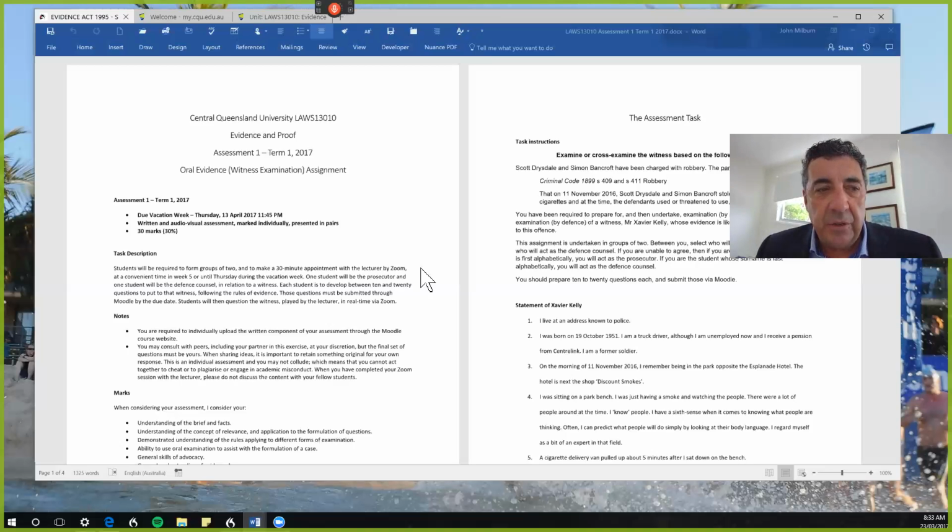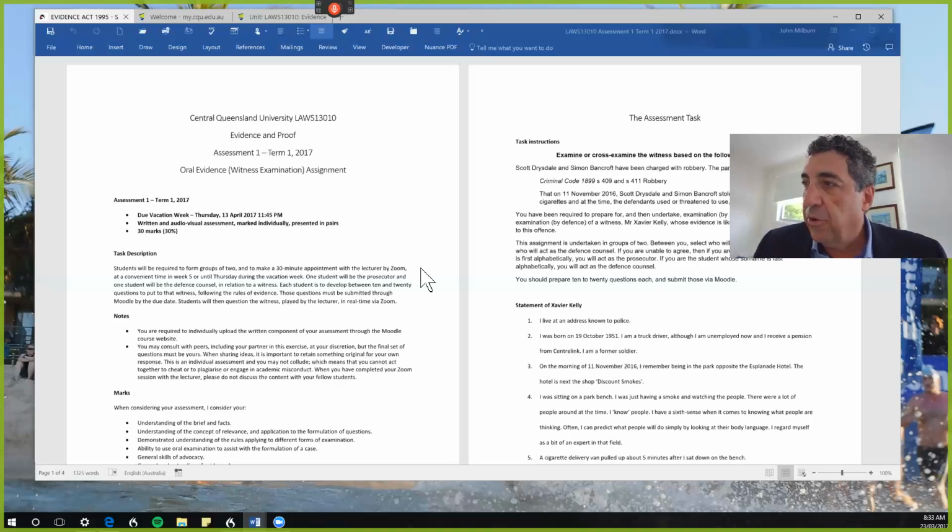Allowing the witness to elaborate when you're cross-examining can be dangerous. The witness may come up with some new information that hurts your client, hurts your case, rather than helps it. Okay, so that's the basic task. Have fun with it, enjoy the process, and in order to prepare for it, you need to undertake reading of